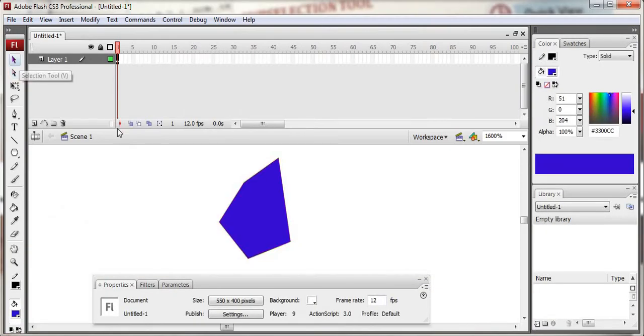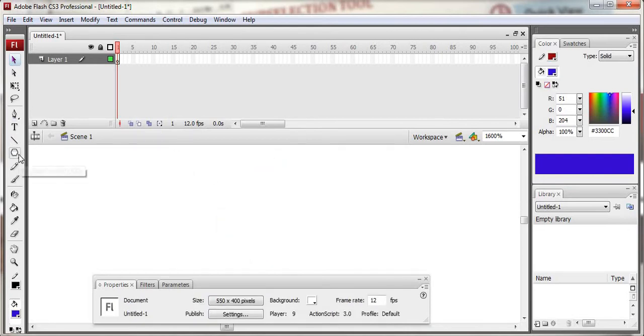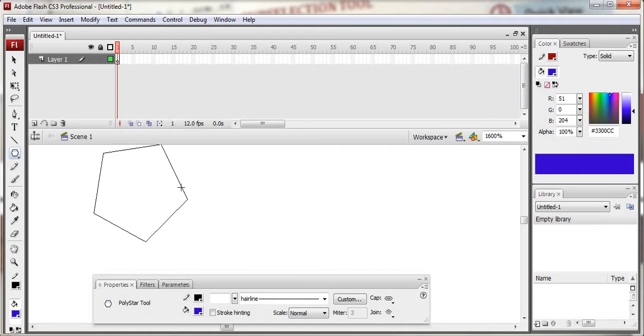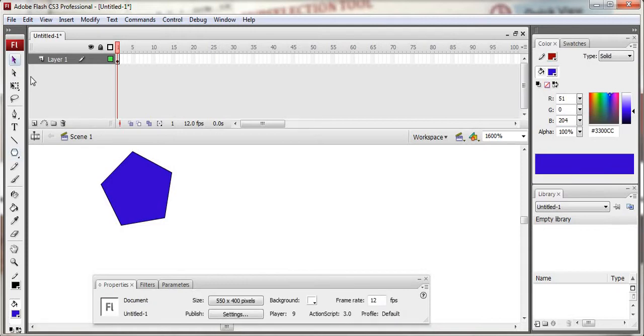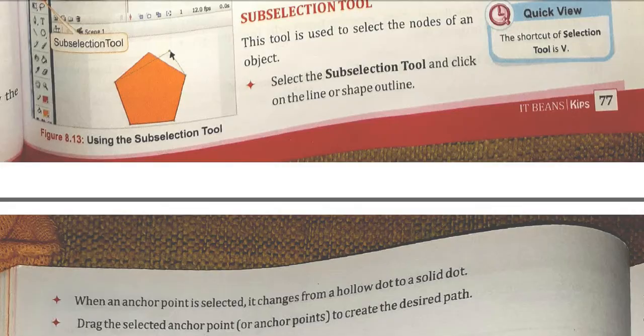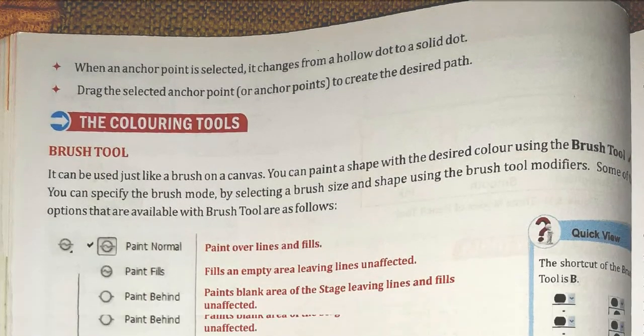Let me show you again. Let me delete this figure. I'll have one polystar here, right? Now after having this polystar, I'll select this sub selection tool. Okay, now I'll click the outside. Outside is selected, stroke is selected. Then from any angle I can make its shape change like this. Okay, like this, like this. So this is the use of sub selection. We can select the outer section so that we can change it as you have seen, right?